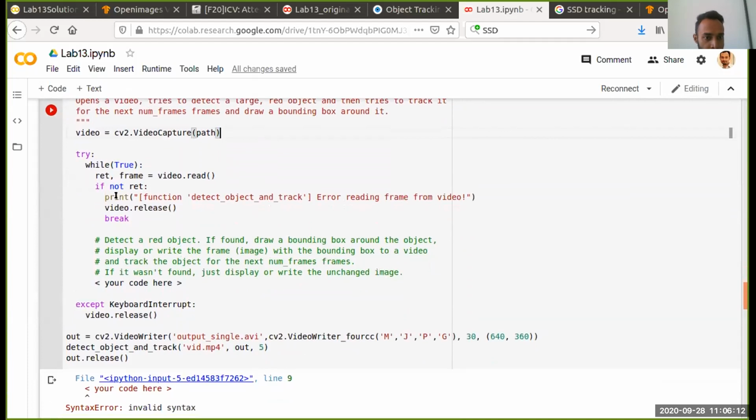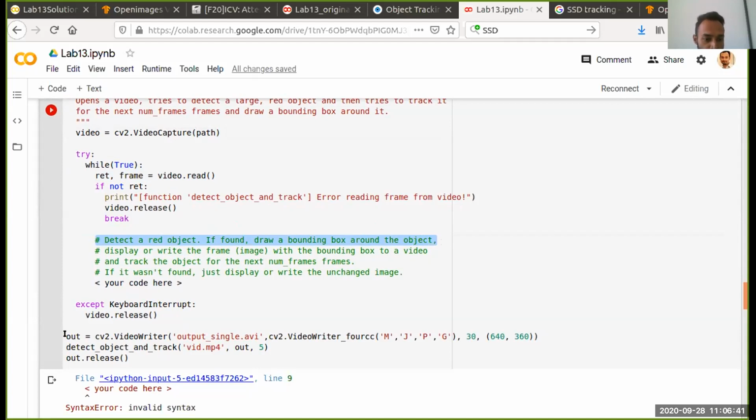Once you capture the image, you take each of the frames one by one, and in each frame you will detect a red object, and then draw a bounding box, and in the consecutive frames you will be drawing the bounding box if it is detected on the same frame, and then it is saved back as an